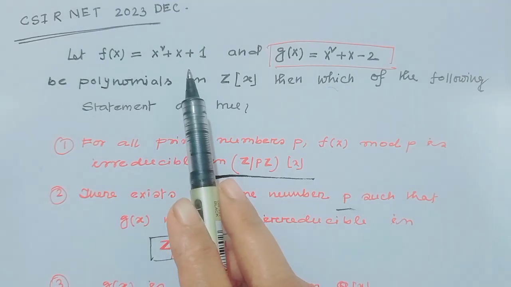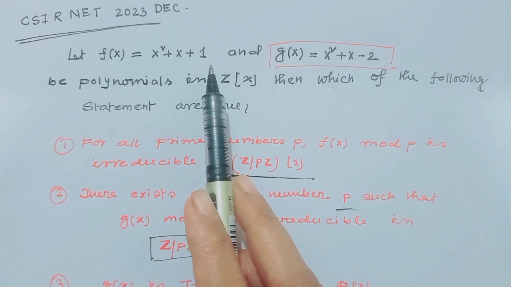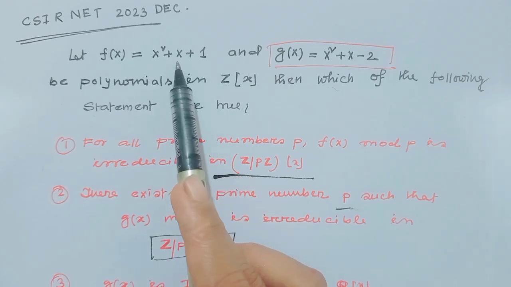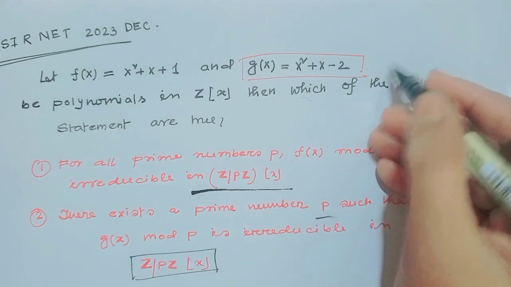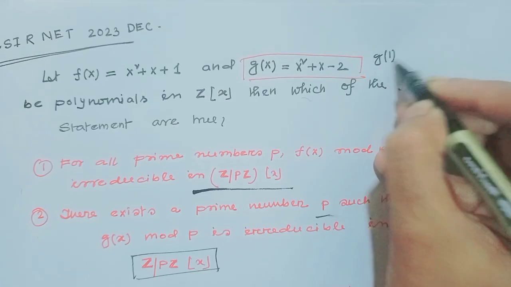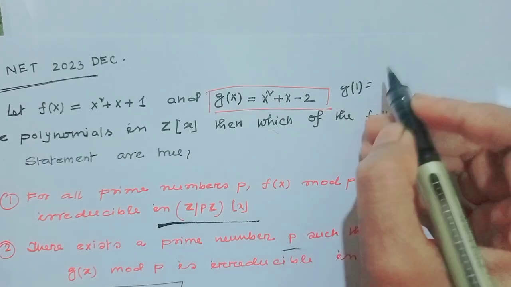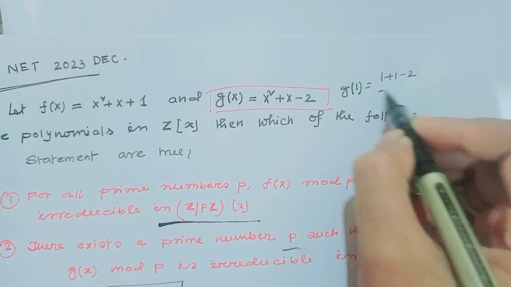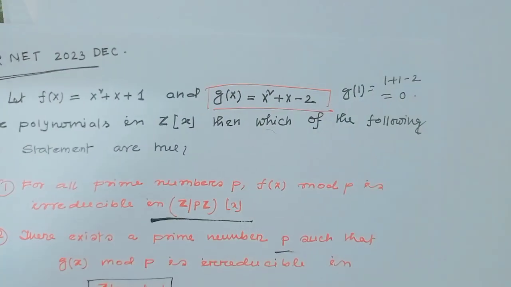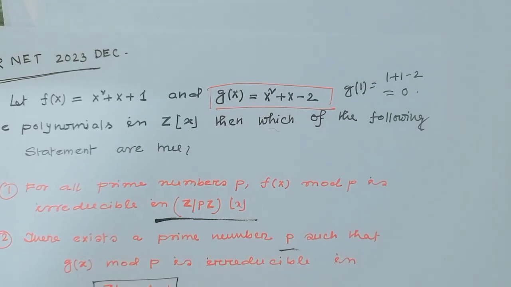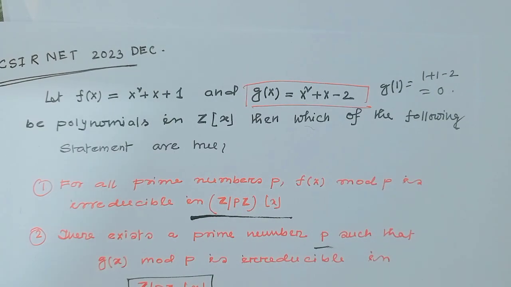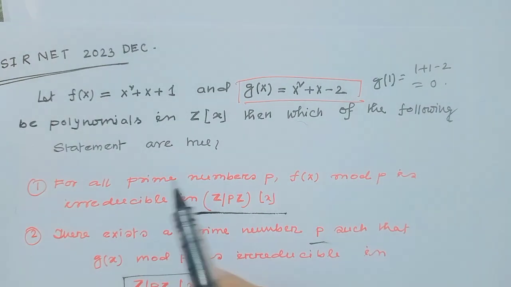f(x) = x² + x + 1. We all of us know this polynomial has a root in the complex numbers. It has a complex root. And g(x), notice g(1) = 1 + 1 − 2, that means this value is 0. That means at the point 1, g(x) always has a root. So, notice at first